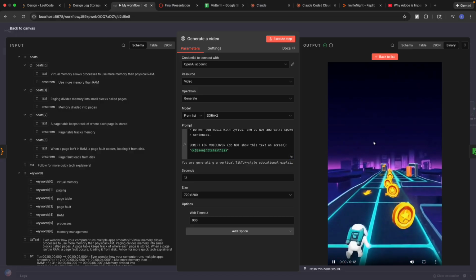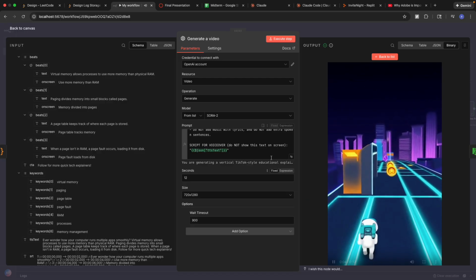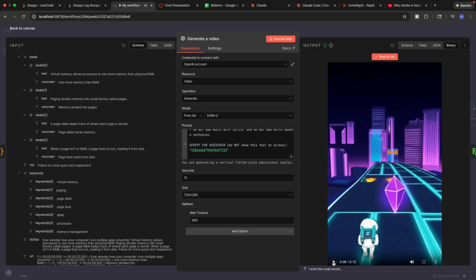Ever wonder how your computer runs multiple apps smoothly? Virtual memory allows processes to use more memory than physical RAM. Paging divides memory into small